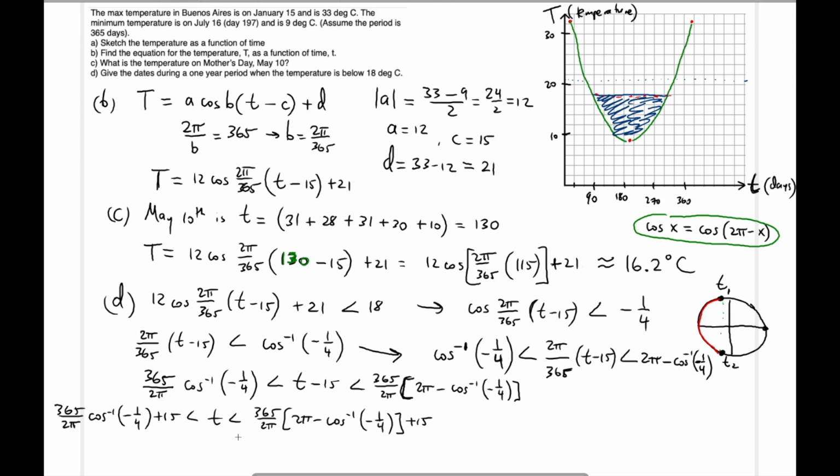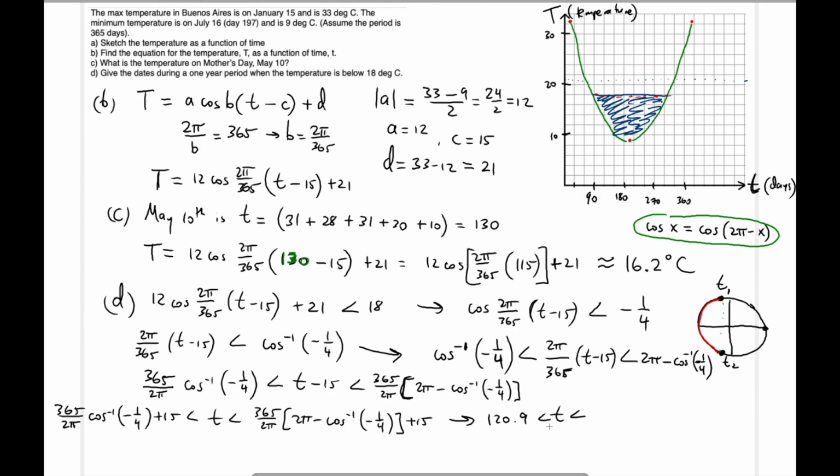So now that we have that, you're going to use your calculator very, very carefully for these two sides to find the constraints for that, the upper and lower limits for that time, for the t. So you're going to have to be in the radian mode. Be careful that you're in the radian mode because everything is in terms of pi there. Okay, so you're going to have to find the arc cosine of -1/4 in radian mode, multiply it by 365, divide that by the product of 2 pi. Then that result should be added to 15. So what you should have on the left limit, the lower limit should give you about 120.9 is less than t is less than